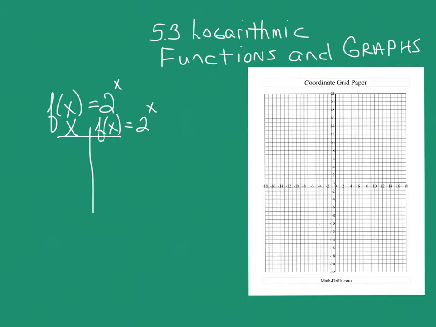If we let x equal -2, we get 1/4, because this is 2 to the -2, which is 1/4. If we let x equal -1, we get 1/2. If x is 0, we get 1. If x is 1, we have 2. And if x is 2, we get 4. So that graph